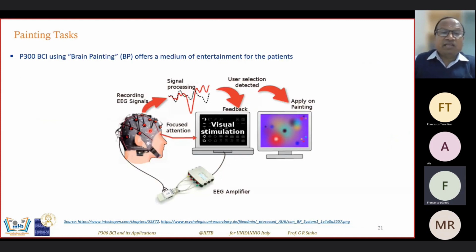Like the painting example I was telling you, brain painting can be achieved and that can offer a medium of entertainment for the patients. So they can do some entertainment work. They can make the painting work their hobby and can actually create some good paintings. Otherwise, generally, the people who are suffering with mental disabilities and disorders need a lot of motivation and encouragement. Otherwise, many of them do have some stress, and that stress further escalates their mental disorder. So in order to make them busy, in order to make them engaged, this kind of application is very important,